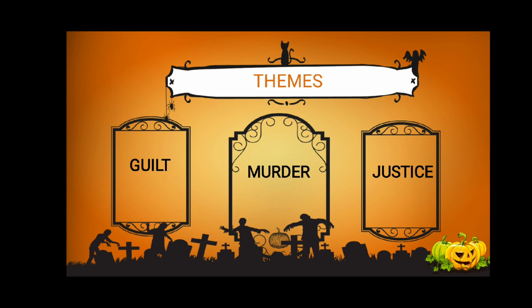Okay, the next theme in the novel is the theme of justice. The theme of justice is a central and complex issue. The novel follows a group of people who are invited to an island only to find that they are being systematically murdered one by one. As the story unfolds, it becomes clear that each of the characters has a dark past and has committed some kind of wrongdoing. At the heart of the novel's theme of justice is the idea that all of the characters are being punished for their crimes, even if they were not formally charged or convicted in a court of law.